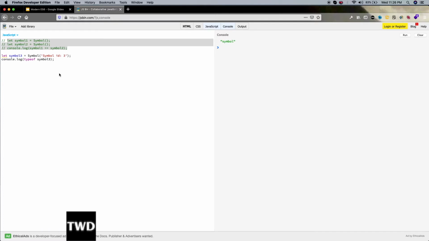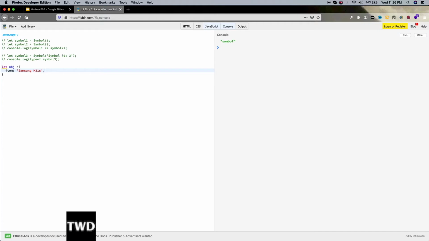Now we will look into some use cases of symbol. One use case of symbol is to hide some unique information in an object. Let me have this obj. Suppose a new mobile is launched, the Samsung M31s, which launched recently.